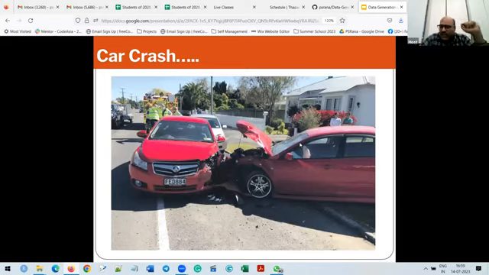Now next, this is an example of a car crash. Let's suppose Tata or Mahindra declare that one of their finest cars is such that even if it crashes from any angle, the passenger will be safe. So to prove this theory, how many crashes can they do?